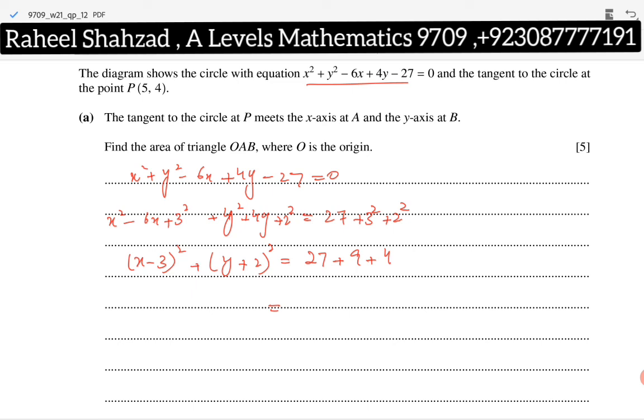So that makes it 27 plus 9, that is equal to 36, and this is 4, so 40. So x minus 3 square plus y plus 2 square is equal to under root 40 square. So center is 3 and minus 2, and radius is equal to under root 40. Okay, now the question is,